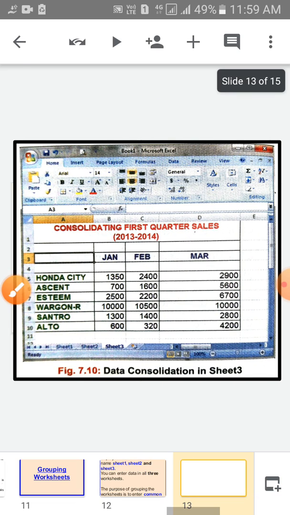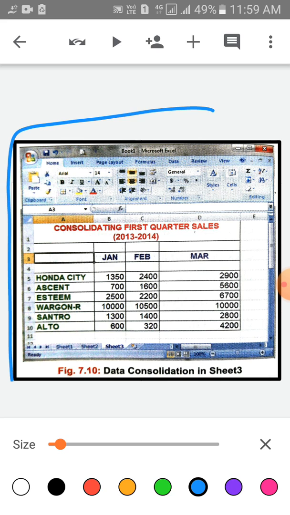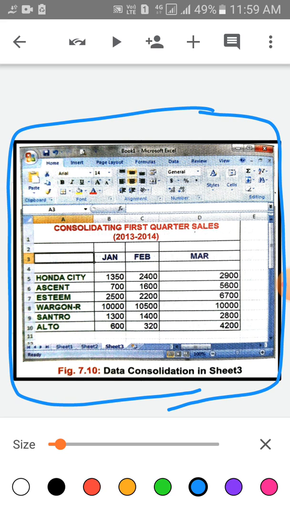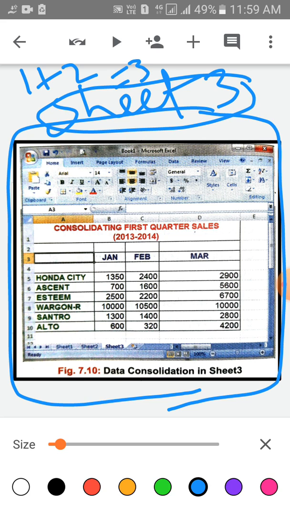Okay children, this is the screen. Look at the screen. This is the screen of data consolidation in sheet 3. Children, it is sheet 3 adding sheet 1 plus sheet 2. It will come to the consolidation on sheet number 3. This is the same format, January, February, March.